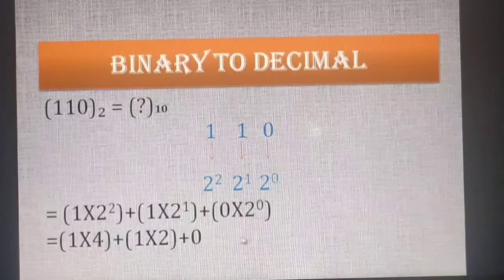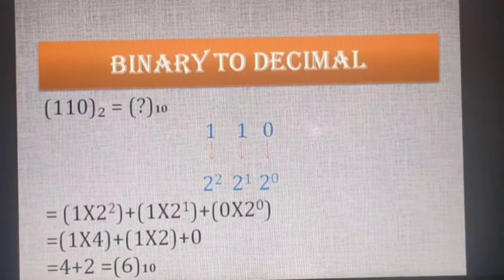Any number into 0 is equal to 0. So we will get 4 plus 2 equal to 6 with base 10. So the decimal equivalent of the binary number 110 is 6.